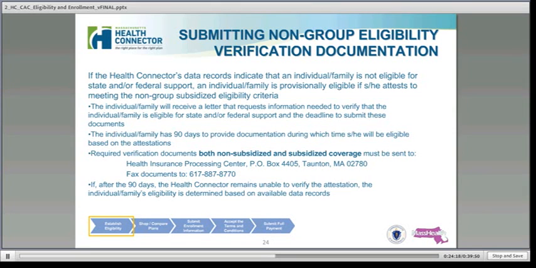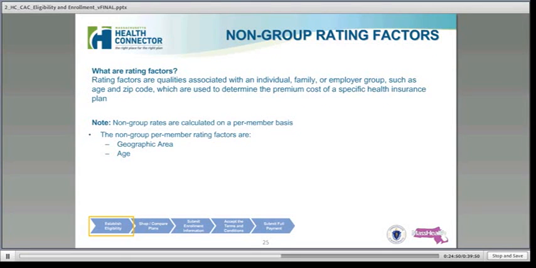Special to note here, if enrolling in an individual plan during a closed enrollment period, an individual must meet the special conditions to enroll outside of the annual open enrollment period. And I just want to note that we have an appendix at the back here that talks about special conditions and more specifically the triggering events. And there are a few other points here about individuals enrolled in a catastrophic plan who turn 30, as well as when someone can purchase. So I think this is another one to come back to and read through.